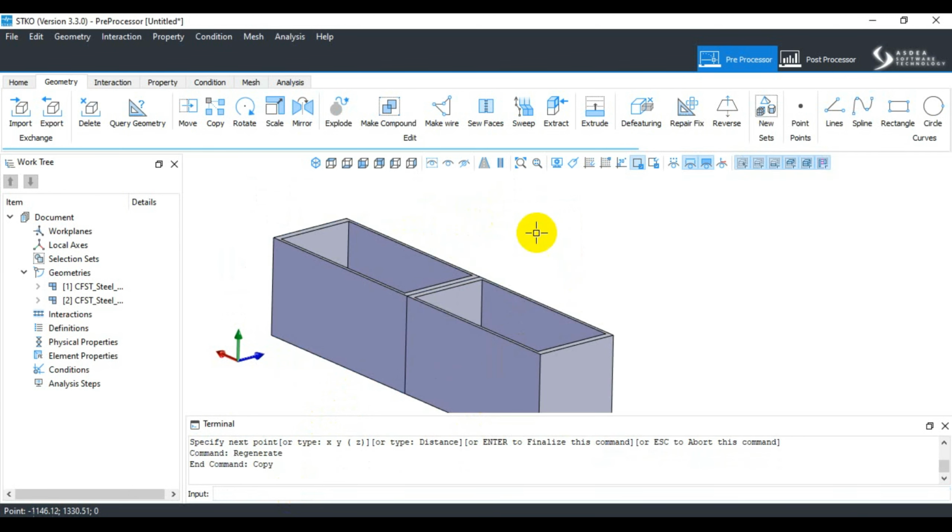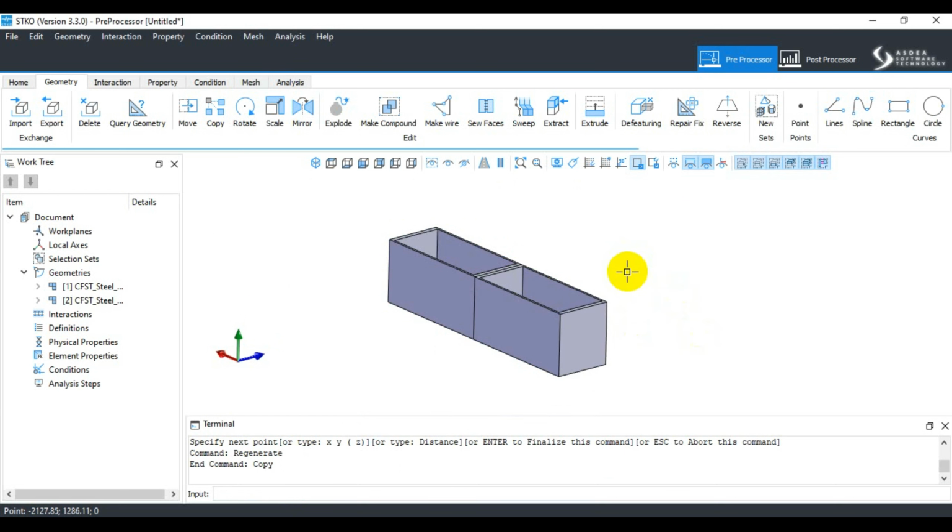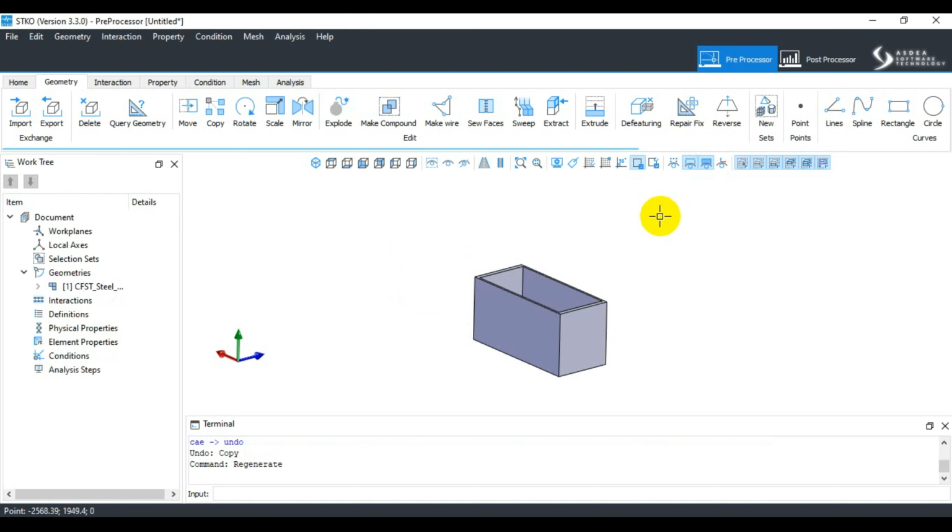So for example, you are working with a brick masonry structure and you are making a 3D structure, which I do not recommend because if the reinforcement is involved, STKO will give an error of the limit that you are reaching in the elements. So I do not recommend that procedure. However, you can work with that procedure as well. After copying, you can then go to the